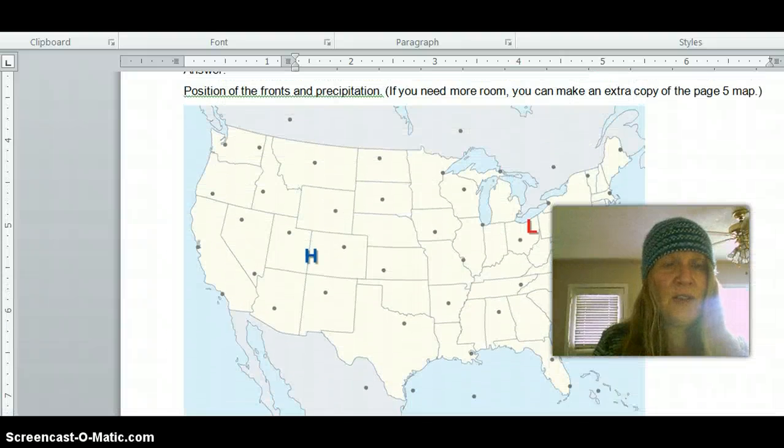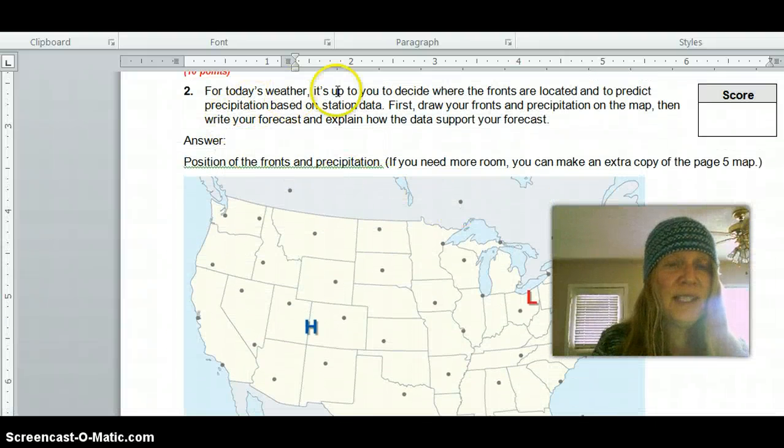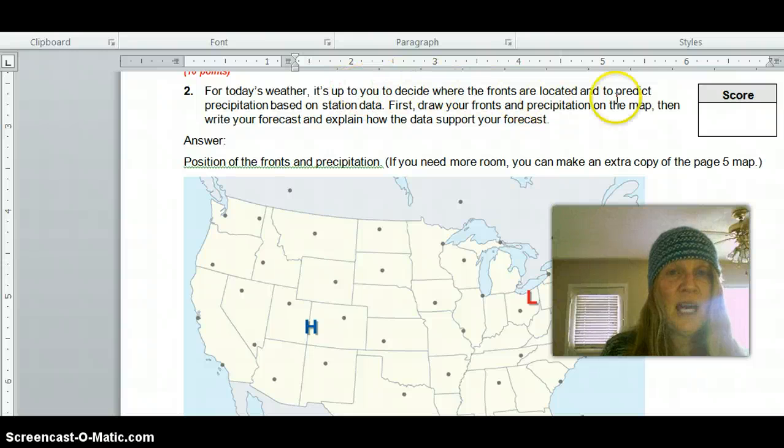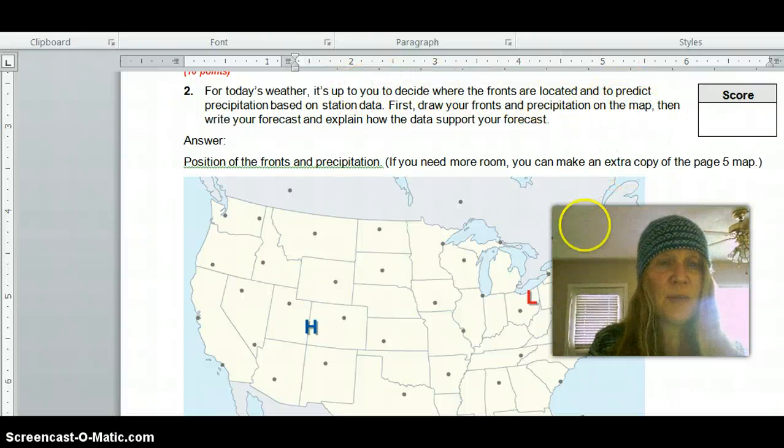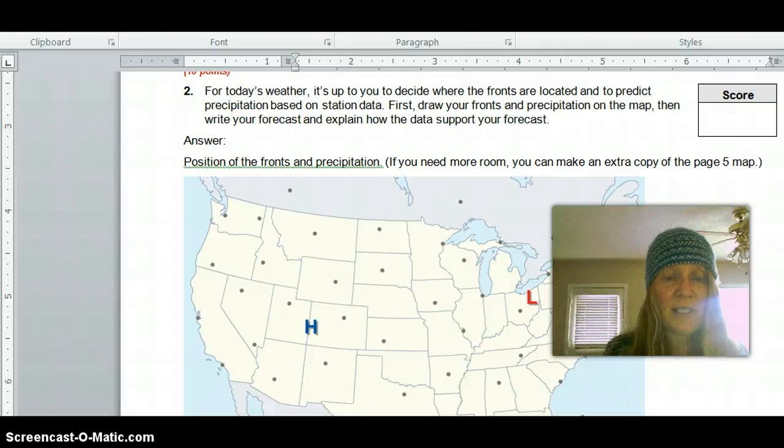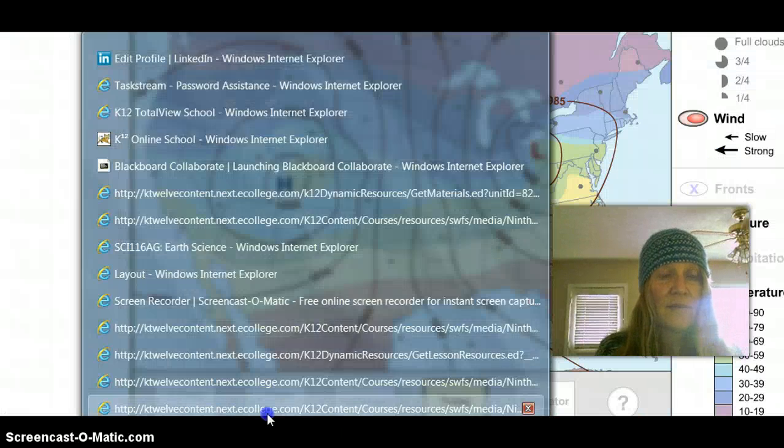What it's asking you to do here is for today's weather, it's up to you to decide where the fronts are located and to predict precipitation based on the station data. First, you're going to draw your fronts and precipitation on the map, then write your forecast and explain how the data supported your forecast. So when you go back to your simulator and you look at today,